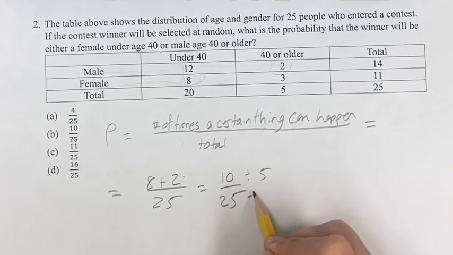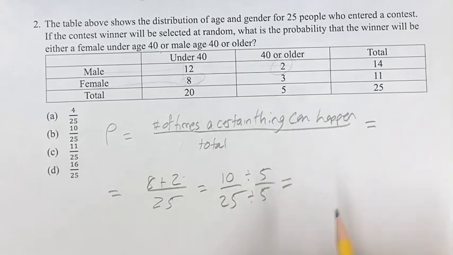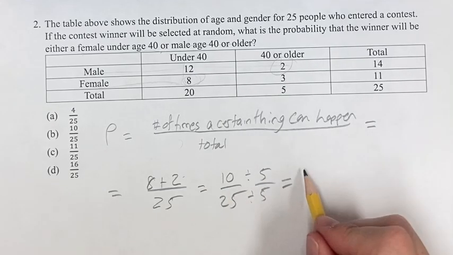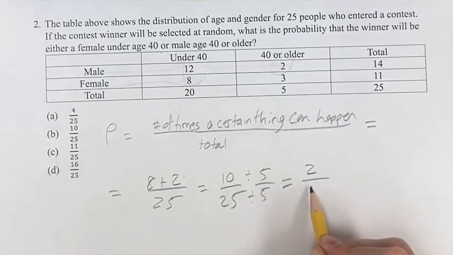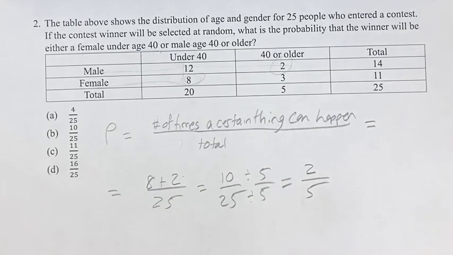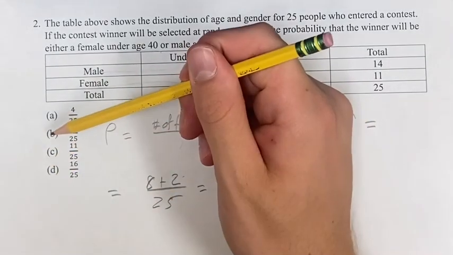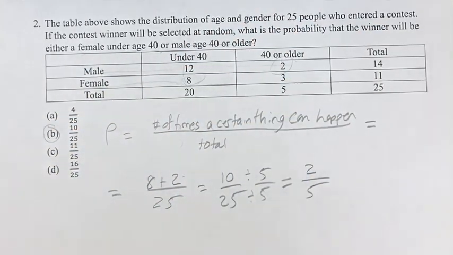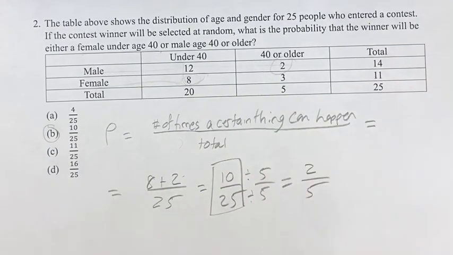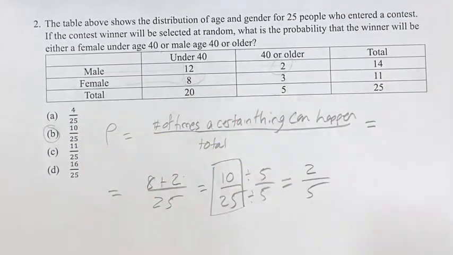If we divide the numerator and the denominator by 5 each, it keeps the value the same. 10 divided by 5 is 2, 25 divided by 5 is 5, and actually it's going to be equal to B. They did not simplify, so you're just going to keep it as 10 over 25, and that's going to be